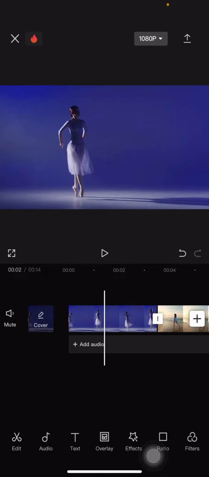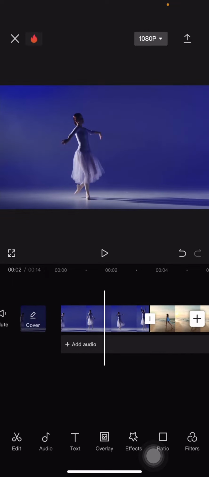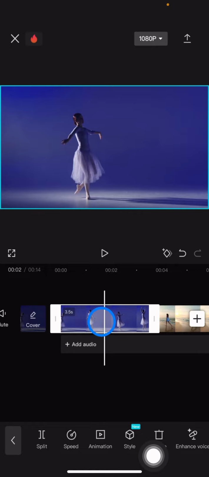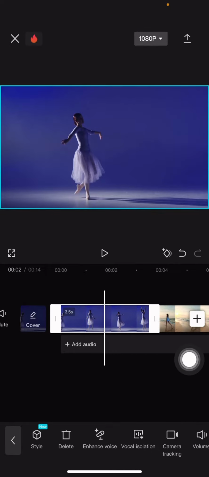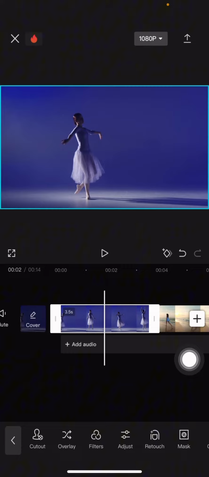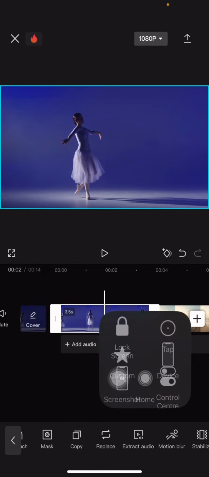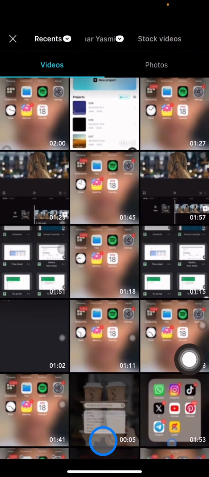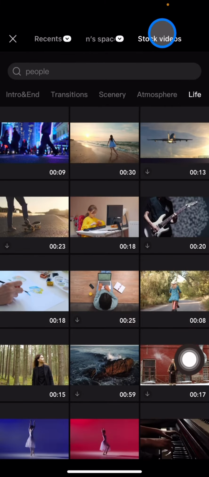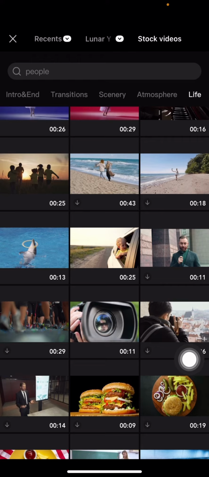The replace button is useful for those who want to only replace the video without changing the duration of the clip. So what you need to do is just click the clip, and after that scroll to the left side of these tools over here until you find Replace. Now just click it, and choose the video that you want to use to replace the previous video. For example, let's do this,